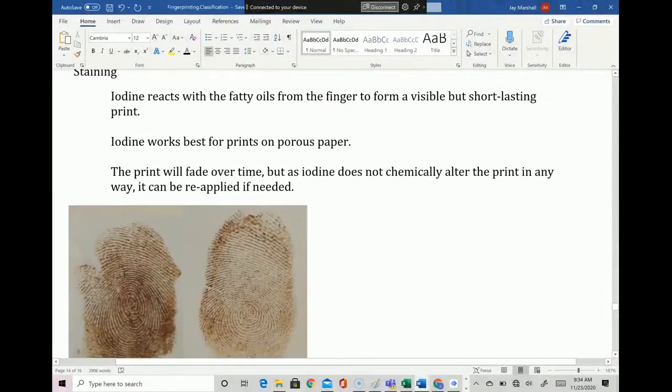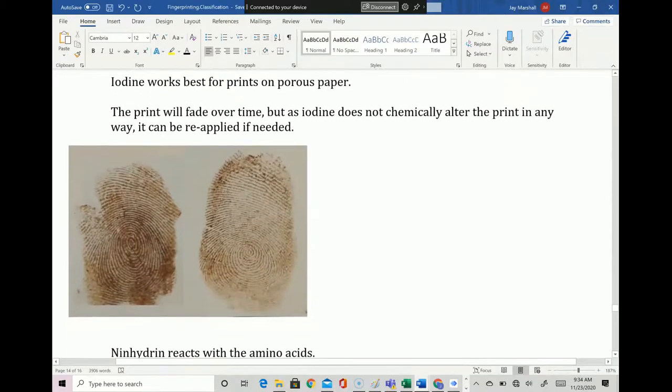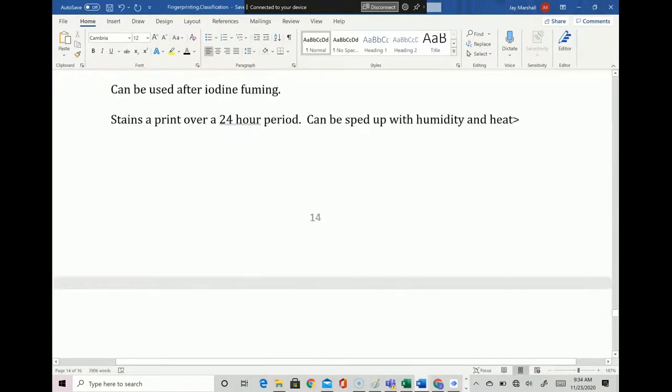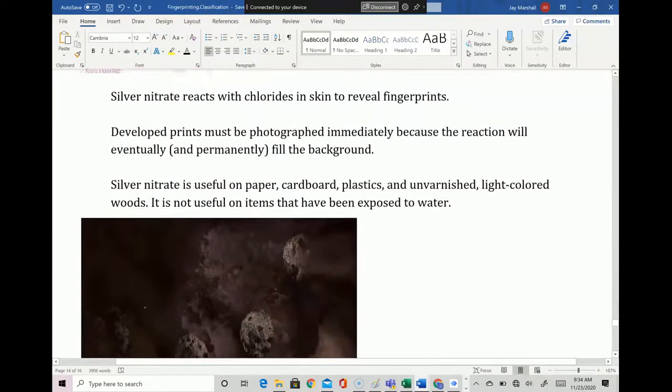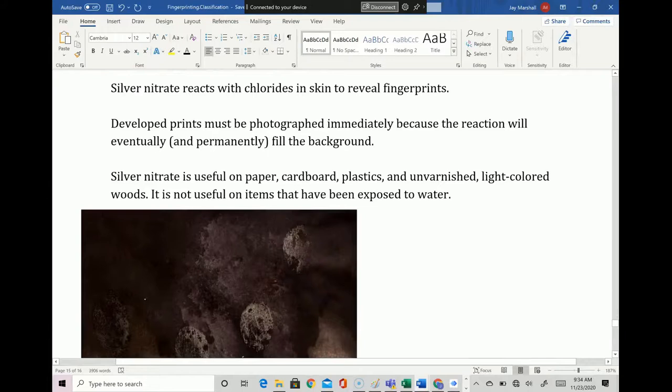The next thing, and actually let's go down to the staining more. One other thing that we will try to do, and I've never done this before, but we're going to try it next week. Iodine reacts with fatty oils from the finger to form a visible but short-lasting print. Works best for prints on porous paper. The print will fade over time, but as iodine does not alter the print chemically, we can reapply it if we need to. But it gives you this kind of a brown color. So we're going to try that